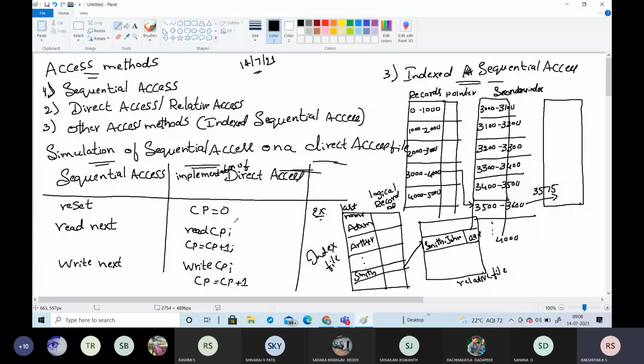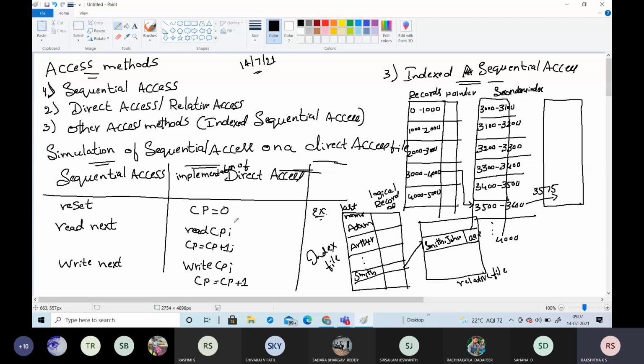For example, consider employee details. In those 100 records, at the 50th position the name of the employee is present, and in the 75th position the email ID of the employee is present. I need to access that email ID. From the 50th position, I am not able to jump directly to the 75th record, because the name itself indicates it is a sequential access method. You have to move from the 51st to the 74th record, then only are you able to access the information present in the 75th record.